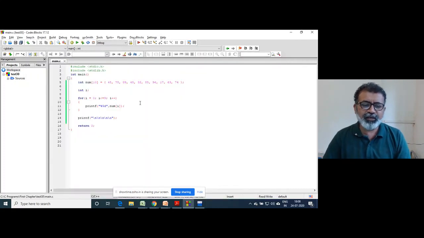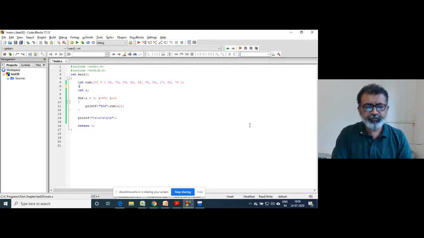Now, what I mean here, if I declare a variable here, int star ptr, one pointer variable, right? Why did I declare an integer pointer? Because the array is an integer array, right?